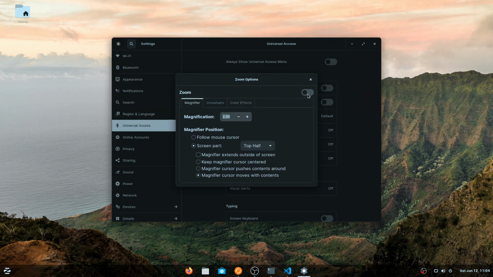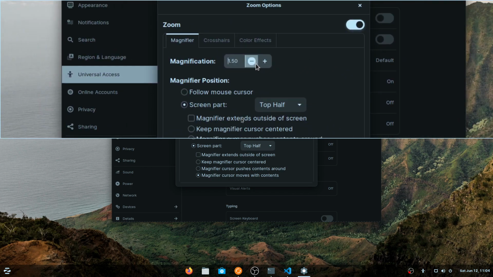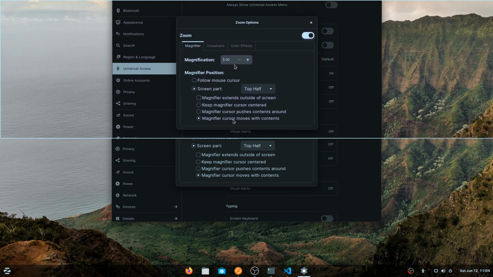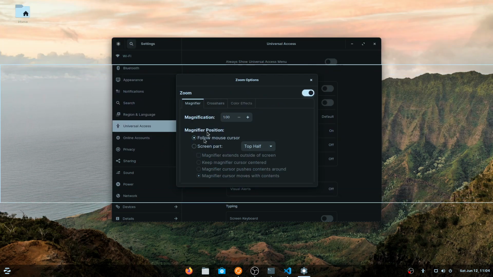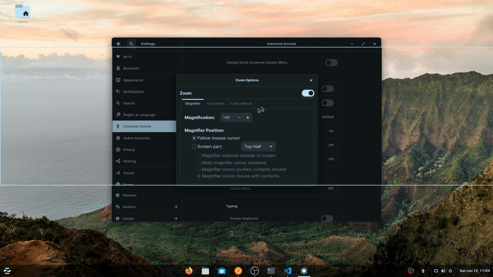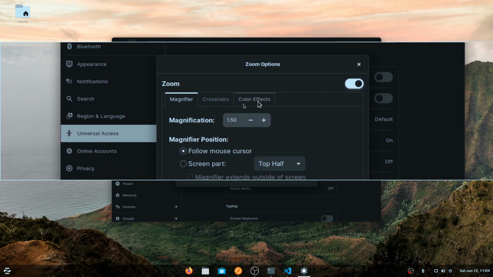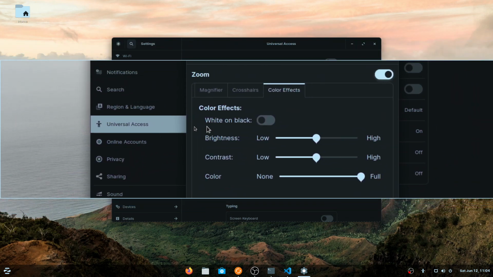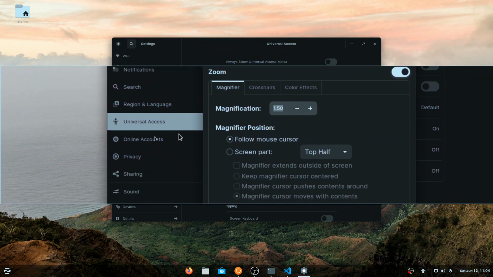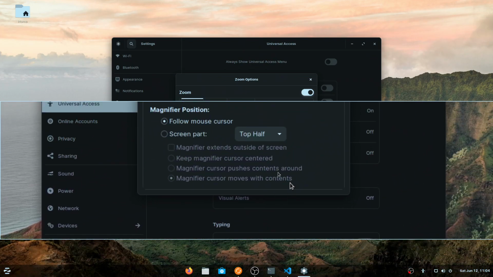Let's try to enable this now. Okay, this is something I really like. How about 1.75? Oh, this is far better, right? And you can say that, oh, yeah, this is also nice. So if I see that you cannot see something, let's try to do this then. Oh, I can't click.